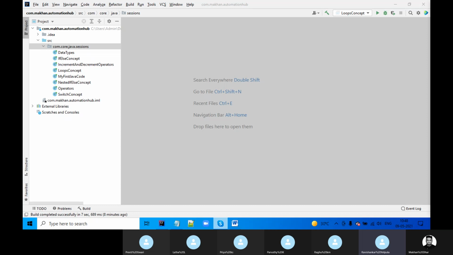So we divide a complete code, a huge code, into a number of classes based on functionality. How does it work? Class is nothing but a blueprint. It's a structure. It gives you the structure. Before we build a home, engineers give us a structure, right? That blueprint is nothing but this class, guys.